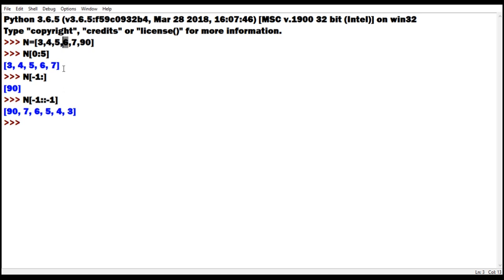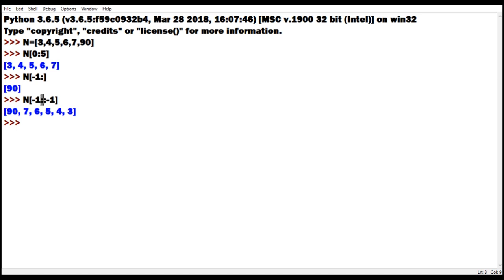If we want to move in the opposite direction, we have to give step -1. Otherwise by default it takes +1. So here it was taking the default value +1, and here I have given -1, so it will move 9, 7, 6, 5, 4, 3 till the end.